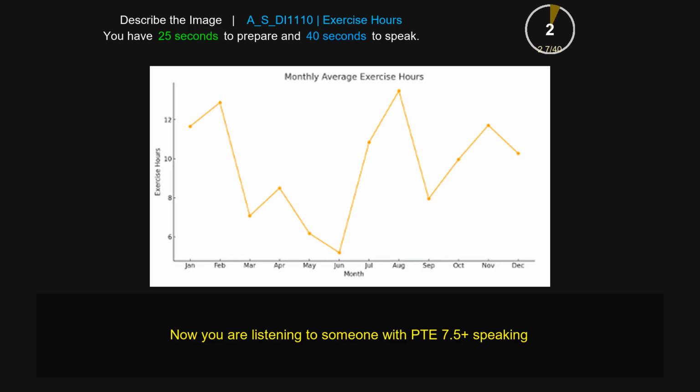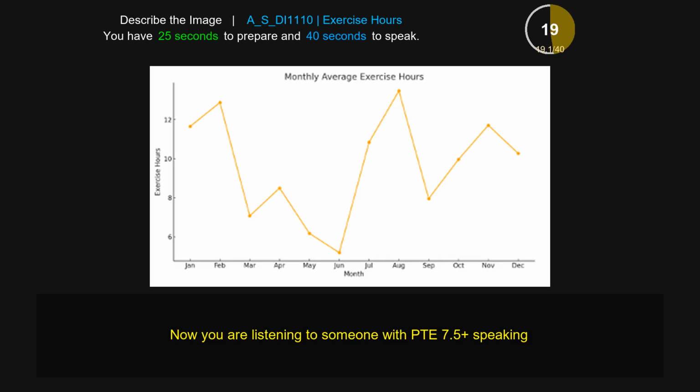This line graph gives information about the monthly average exercise hours. So the x-axis represents the months from January to December and the y-axis represents the exercise hours from 0 to 12 hours. It can be clearly stated that the highest exercise hours are in the month of August, that is only 14, and